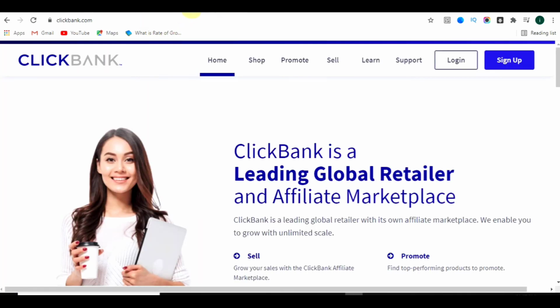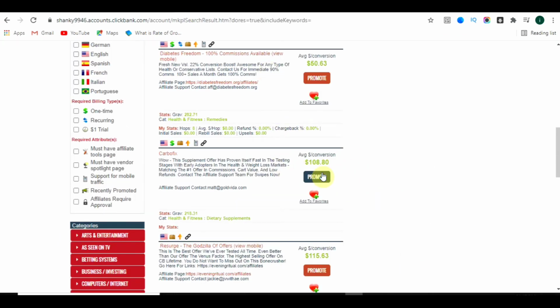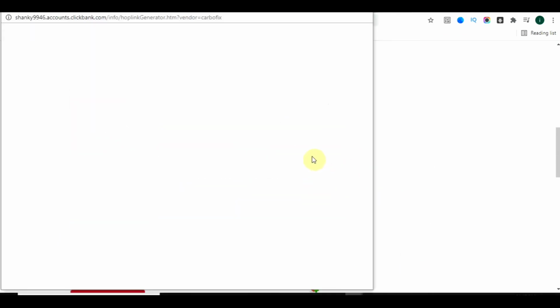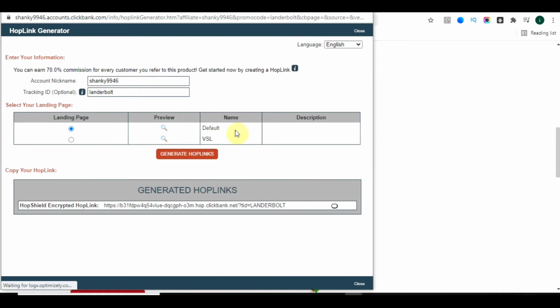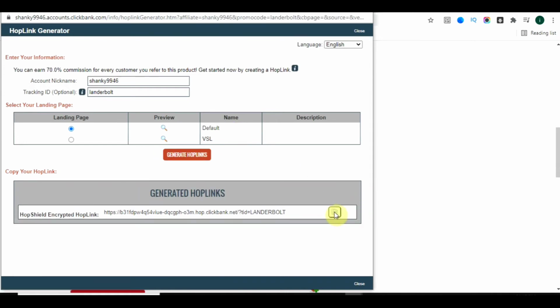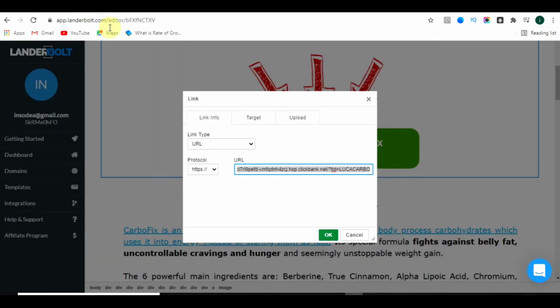So for that, go to marketplace, click on promote, and it will take some time to load. Here you can put your tracking ID, like I'll make it Lenderbolt. After that, click on generate hop link, and this is the affiliate link which you will promote. Copy this and go back here, and paste it over here. Now you are good to go.